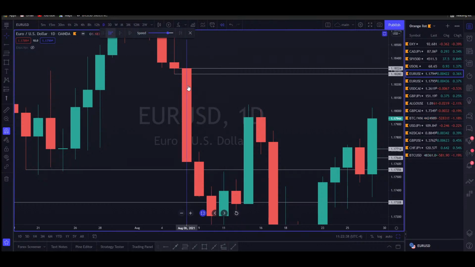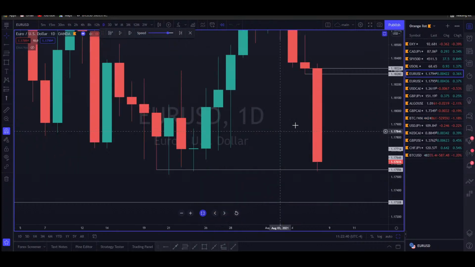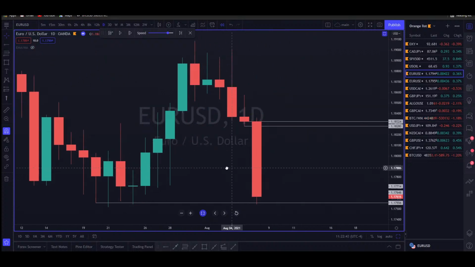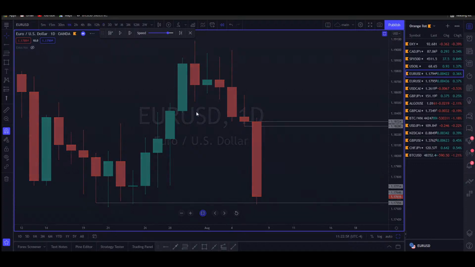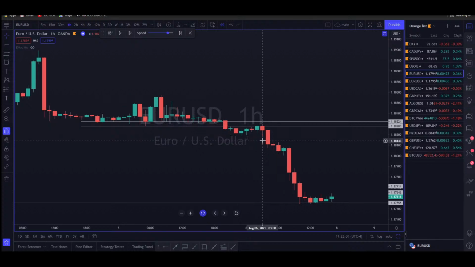So once again, let's go and check and see if it did on the smaller time frame. But it's not an inefficient zone because price has already traded through it. I'm just trying to make an example. Pretend this is all-time lows. This whole candle would absolutely be an inefficiency. So let's go down to the hourly, because what we're looking for,